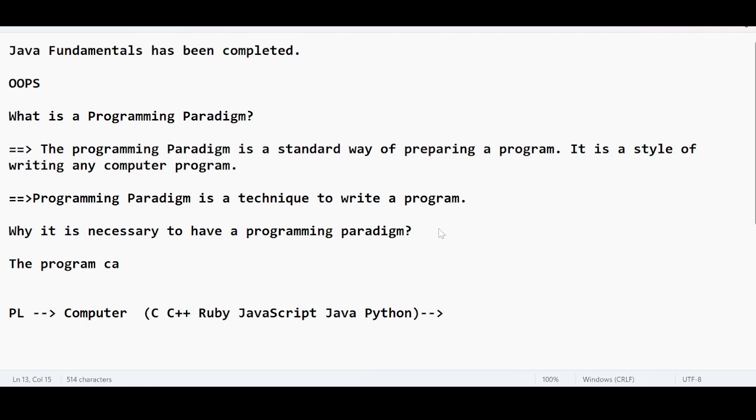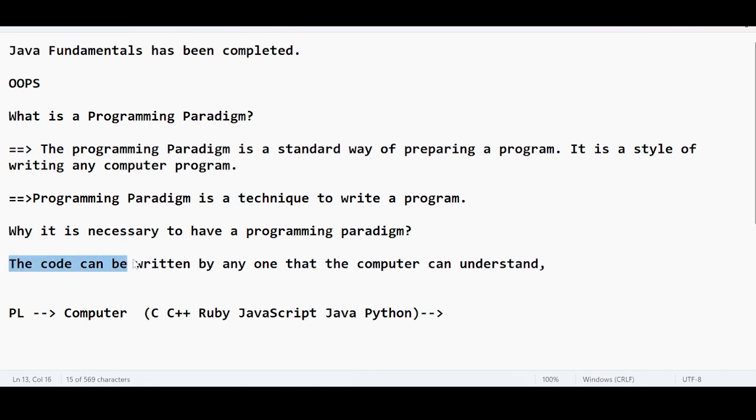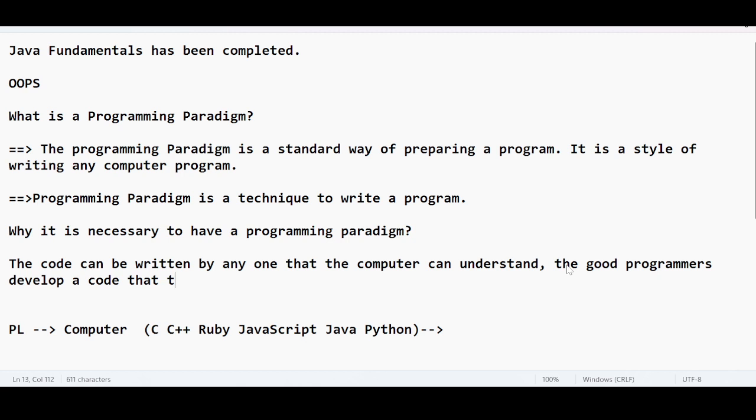the code can be written by anyone that the computer can understand. You can also develop your own program to ensure that the computer is understanding. But the good programmers develop a code that the humans understand,